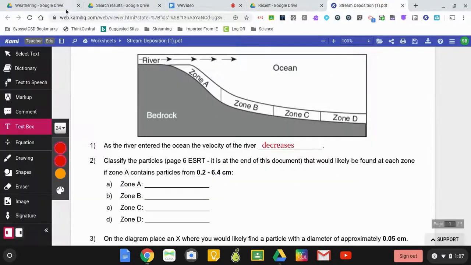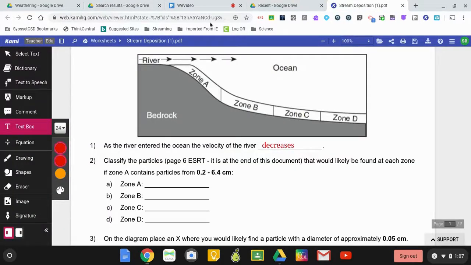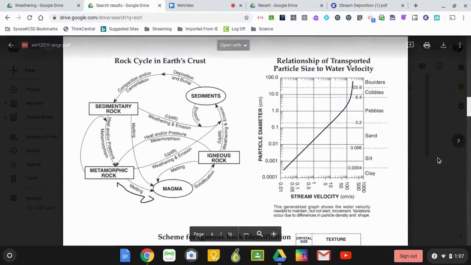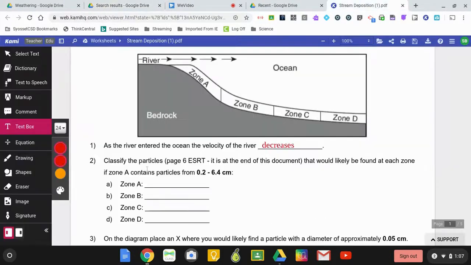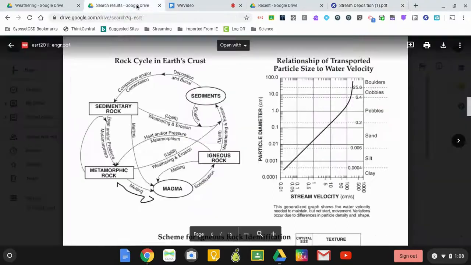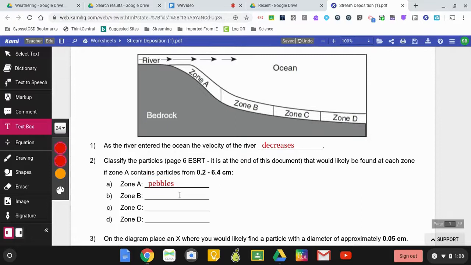So if I look at my reference table page right over here, the question said that A was 0.2 to 6.4. So 0.2 to 6.4, I could zoom in a tiny bit. 0.2 to 6.4, that would be pebbles there. So I know that I can type in right over here, pebbles. And then zone B then would have to be smaller than pebbles, right? So zone B would be sand. So then I would put sand over here, theoretically,